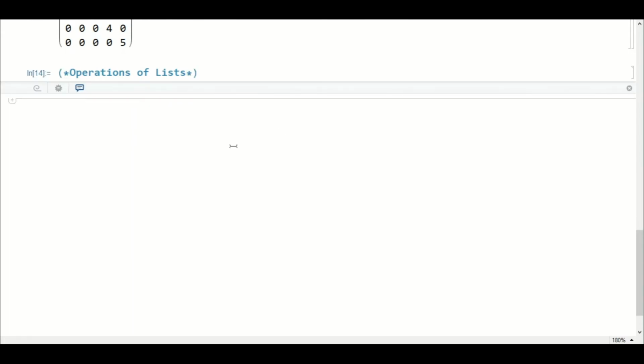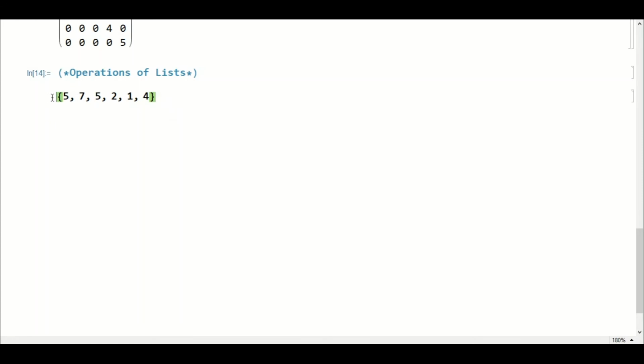So suppose that there is a list, 5 7 5 2 1 4. The list can be as long as possible, and you want to find the position of 5. You can see that the position of 5 is at 1 and at 3.